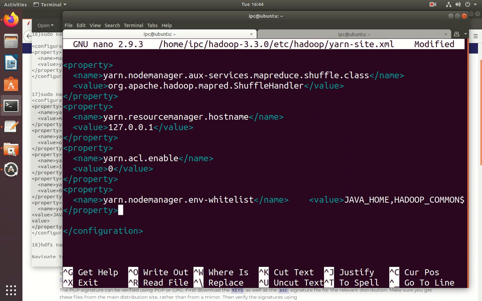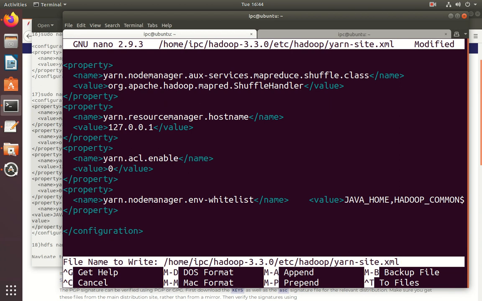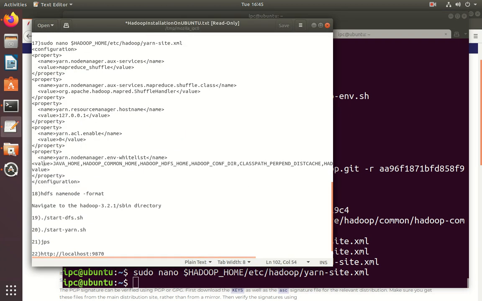It contains the configuration for the node manager, resource manager, and containers and application masters. See, after adding these configuration values, next come out of this configuration. Don't worry, I will give these configuration files in the description. Okay, and next, see, these configuration files need to be configured with the given values. See, the configuration is completed.